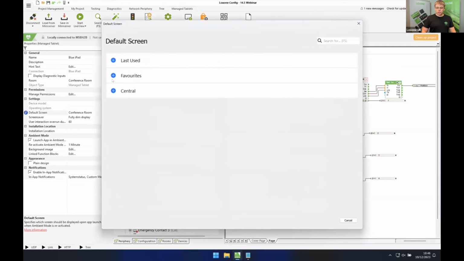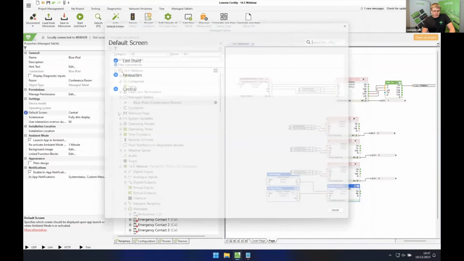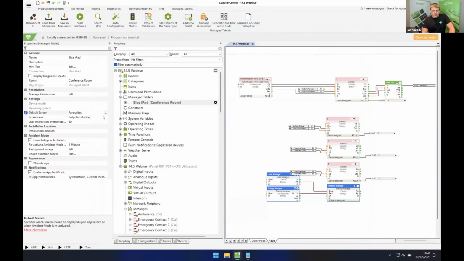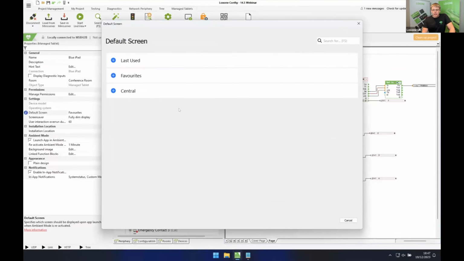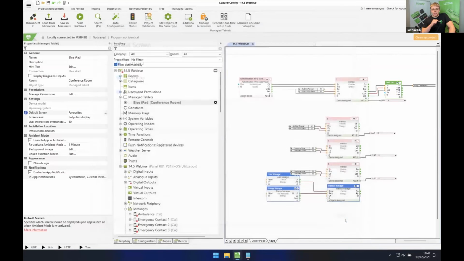But of course, you could change this to whether it was the last used, favorite, central, or whatever else you've got here. Of course, in our instance, we haven't got a great deal of config, so we're a little bit limited of what we can choose. So we can go into, we show the central room, we can go into favorites, but also remember things that are here within the default screen may not be the full picture of what's in our installation, because what the iPad can see may be different to what you can see on your phone, because it's more of a communal device. So that gets me onto the user